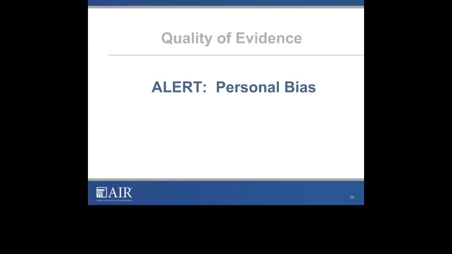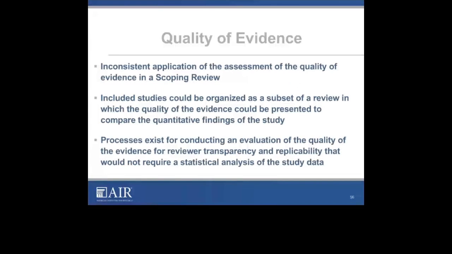The purpose is a broad-based presentation of all evidence. I'd like to suggest to you that at least there is an inconsistent application of that in this scoping literature. There are some reviews that you will find they do make statements of what studies, or they do conduct quality assessments of studies. They classify studies by randomized trials, by quasi-experimental, by single group, by correlational studies, and so forth.